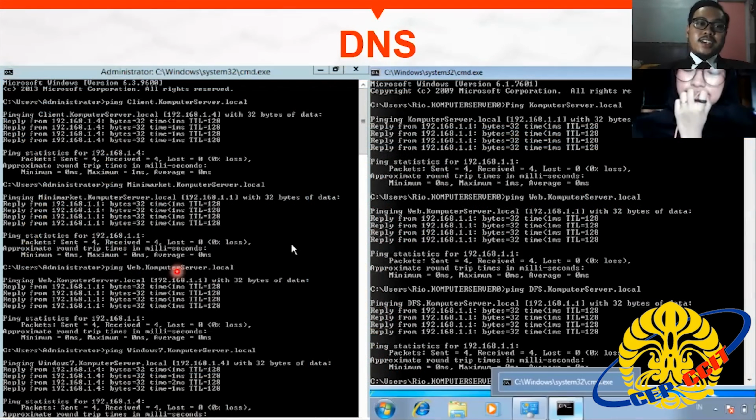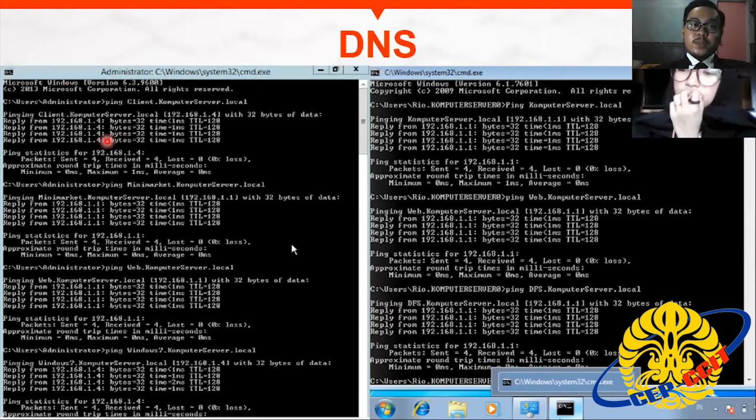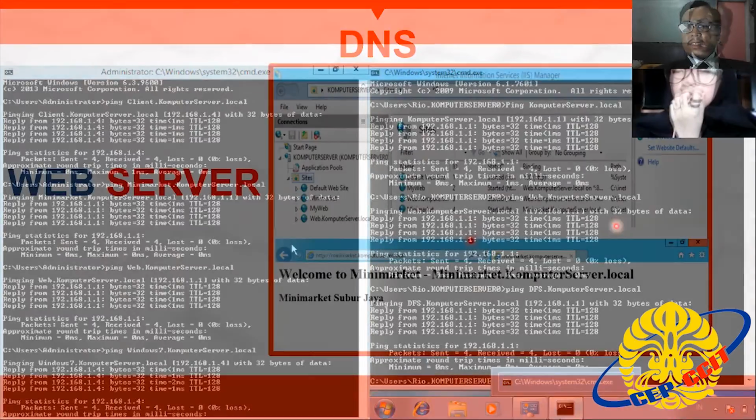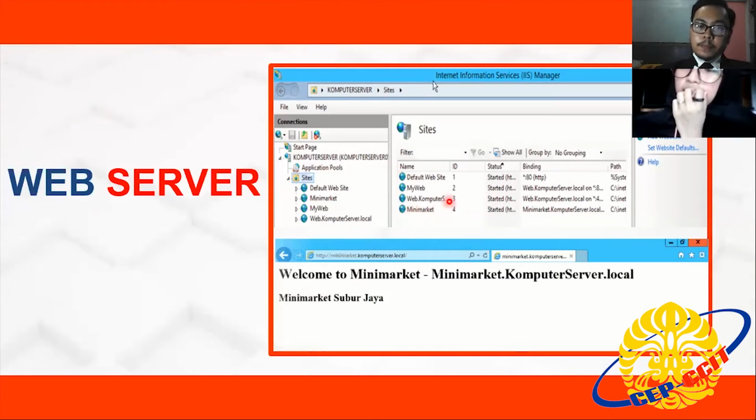And then we must reply to the domain; we make the domain in the server. In the ping client, mini market web, computer server Windows 7, and another we create a web page that can be accessed by client and server. Of course, with the step by step of making an HTML web.